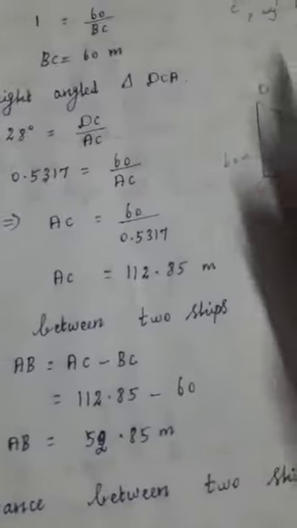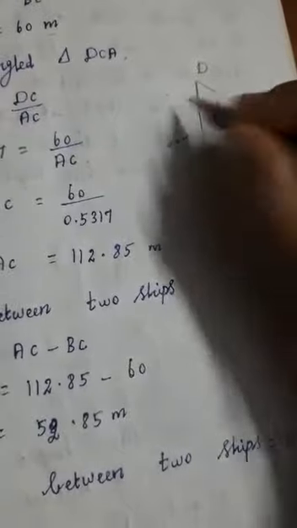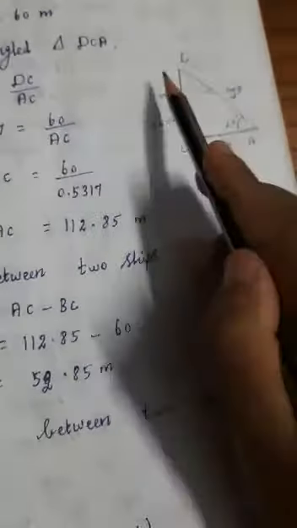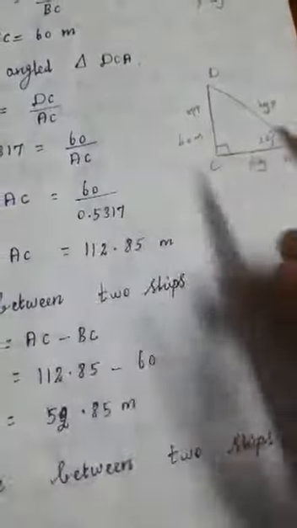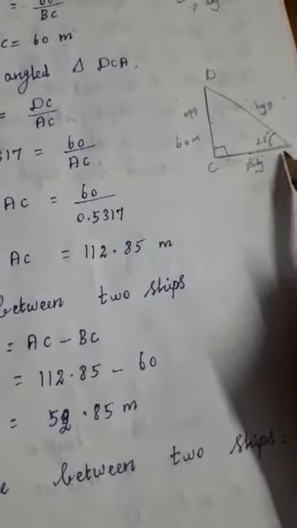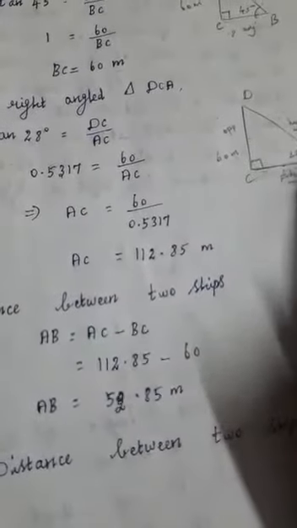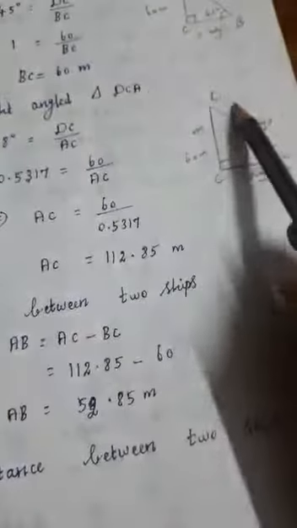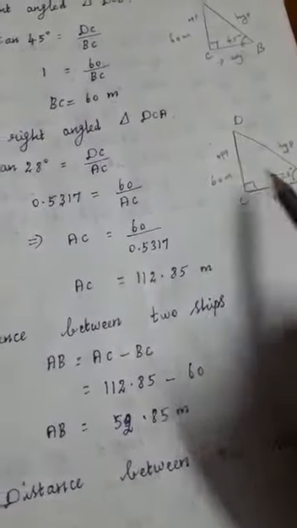Now see here, you know that here also this is a right angle, so this is the hypotenuse, this angle, this is the opposite side, this is the adjacent side. You know the opposite side length, and the adjacent side down part only, the two ships distance, we are going to find out. So this also we need. Here also the tan ratio only we are going to take. The angle is 28 degree. So in the right angle triangle DCA, opposite side DC divided by adjacent side, that is AC.